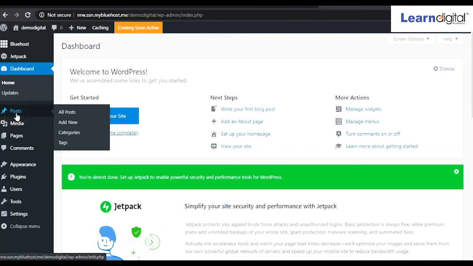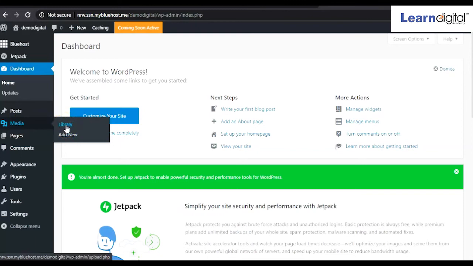Then under the post option, through the post option you can write your post, your blog, your content. You can write an article from this post option. Then the media option. Media means whatever images and videos you use for your website will automatically be stored in the library file, right?